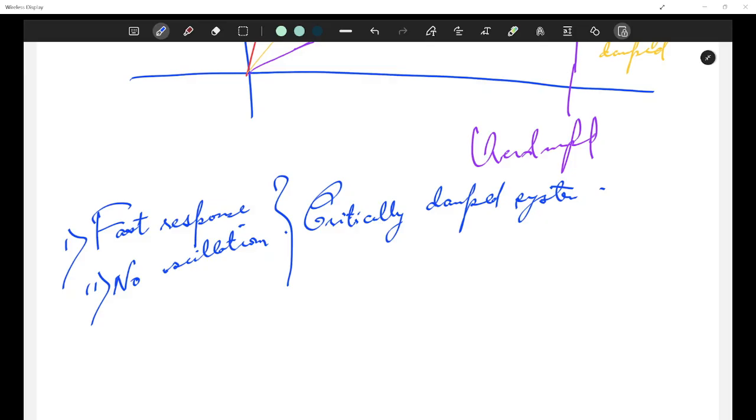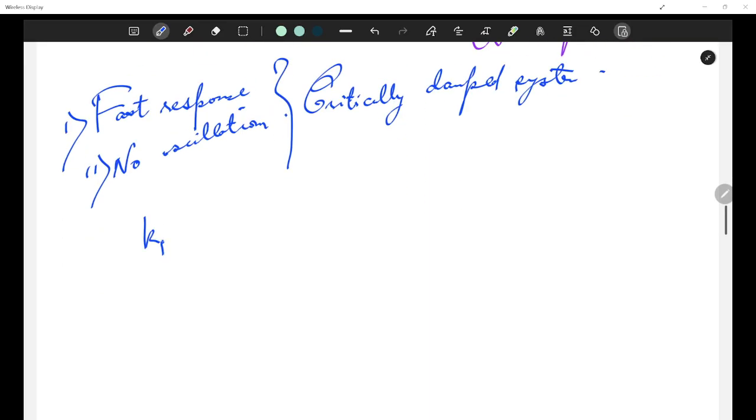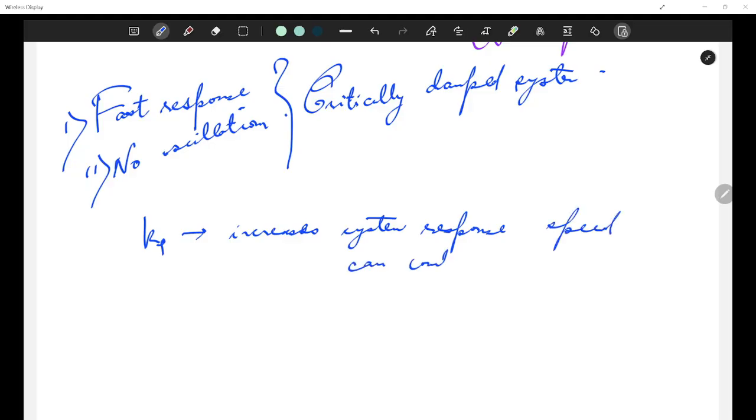Kp increases the system response speed but can cause oscillations. Let me write this: it increases system response speed but can come up with oscillations.